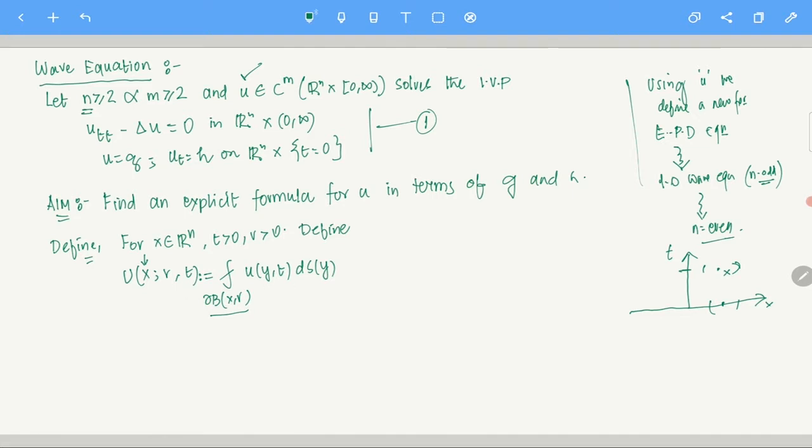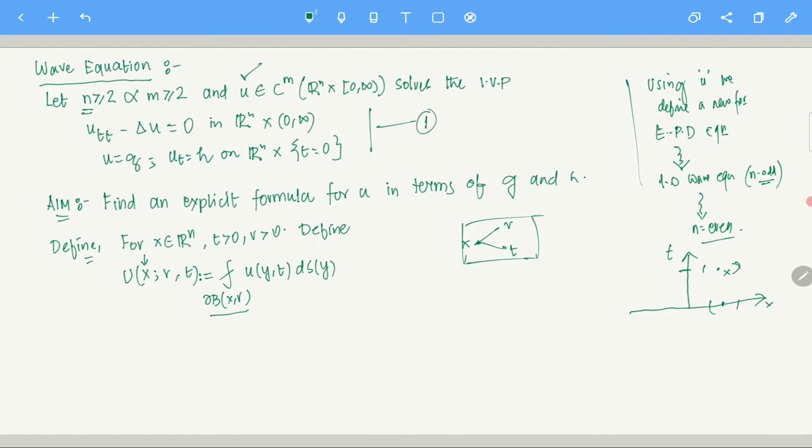Clear? So basically, we are fixing an x, and for that we have a two-variable function: one is a function of r, one is a function of t. Something like this. Okay, so we are fixing an x in Rn. Please let me again emphasize here, this is very important for you to understand what I am doing. I am defining a new function of r and t. How? This small u I already know, right? So U, I am writing it as an average. Capital U is the average of small u over the sphere ∂B.